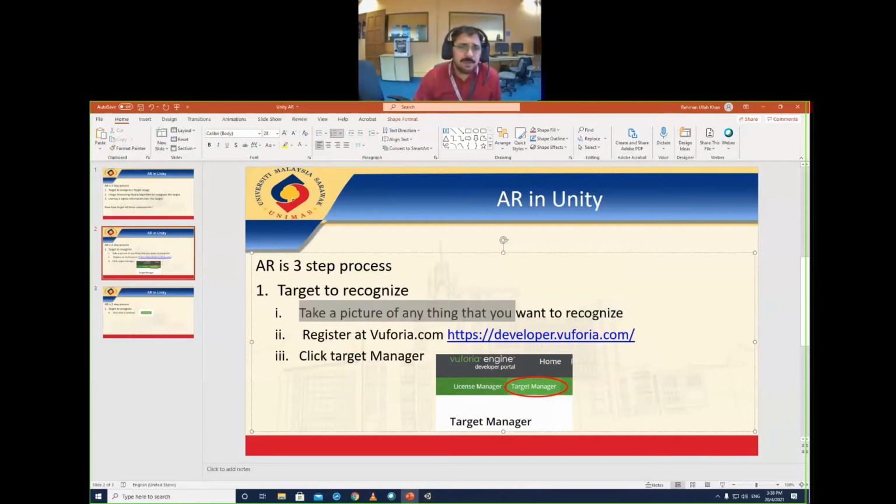So take a picture of whatever you want to recognize, then transfer it to a computer through whatever means: you can upload to Google Drive, or email it to yourself if you have captured the image through your mobile. I think that's an easy task. After that you will go to vuforia.com or developer.vuforia.com, and you will have to register there.